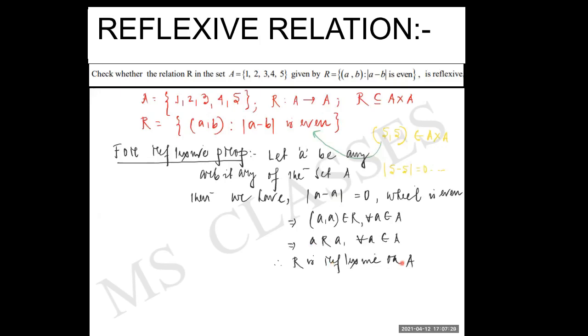Next question, if someone wonders how 0 is an even number. Children, an even number means that you can express it as 2 into some integer, by the Euclid division lemma. Here 0 equals 2 into 0, so this is an even number.